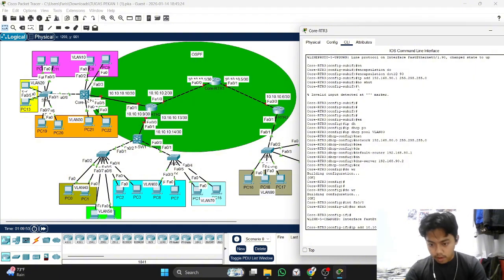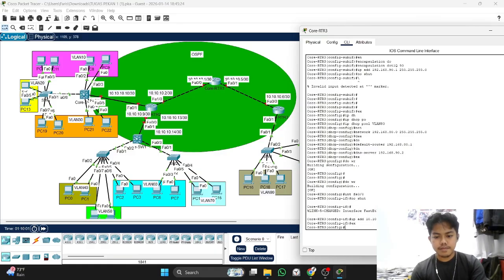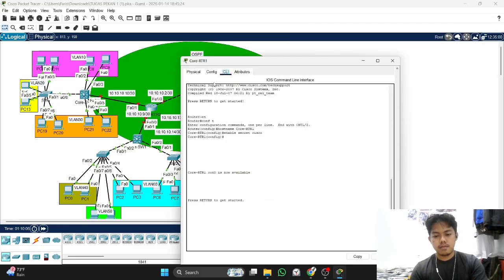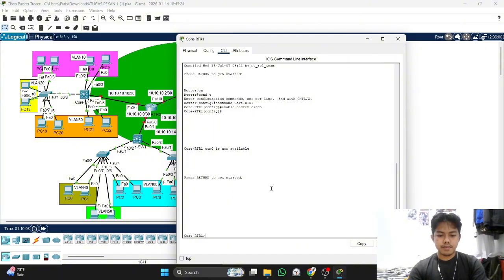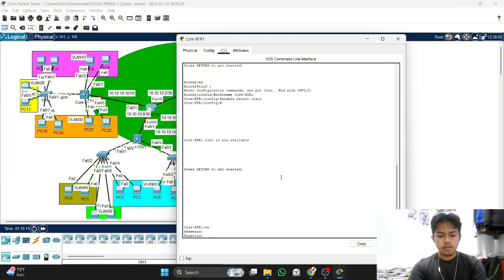And then we write the subnet. Okay, done. For this we will check the ping. Okay, check go.